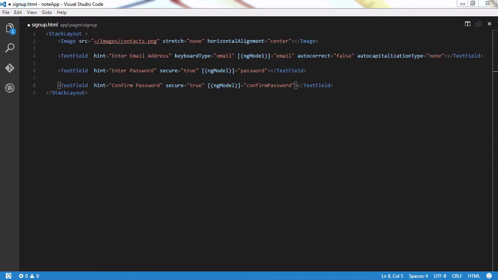Here we have added the extra password field so that our users can confirm their password. After that, we add two buttons, one to sign up and one to cancel. Nothing special here, just two buttons set to execute the register and cancel methods. Then if we go over to